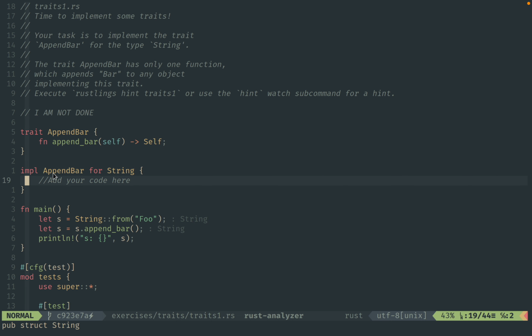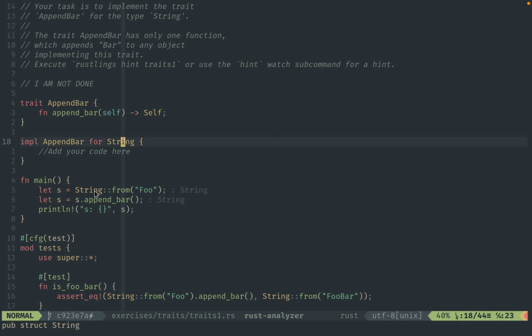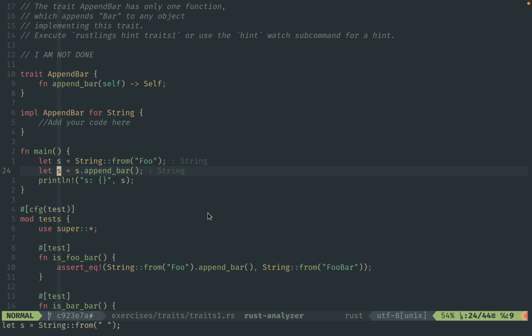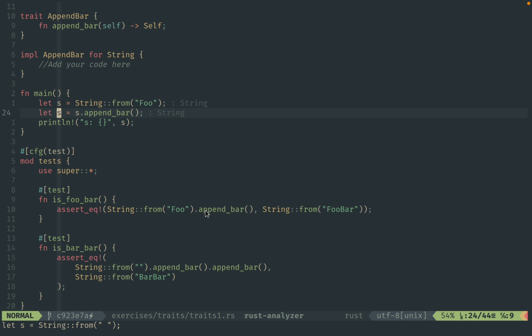And then we have implement append bar for string. So here we are actually implementing this trait for the type string. Then in the main function, we create a string from foo, and store it into the variable s, and then we call this method, which we have to implement over here, append bar, and then it prints out this modified string, and this modified string should then be in the end foo bar,